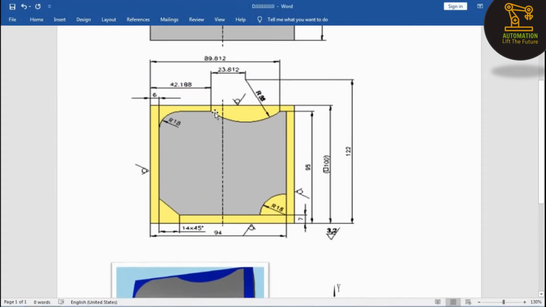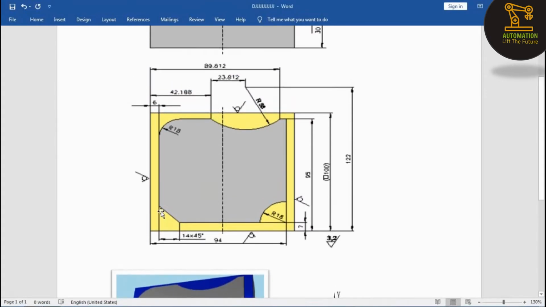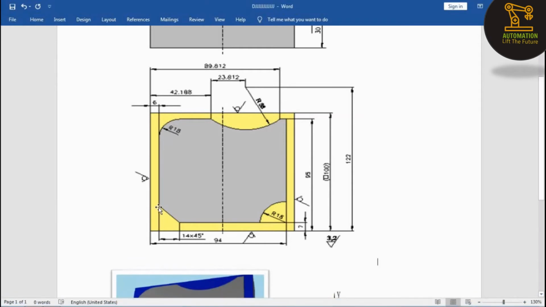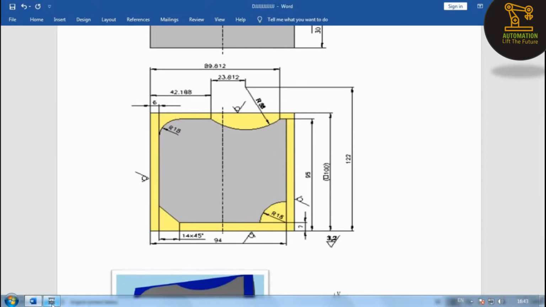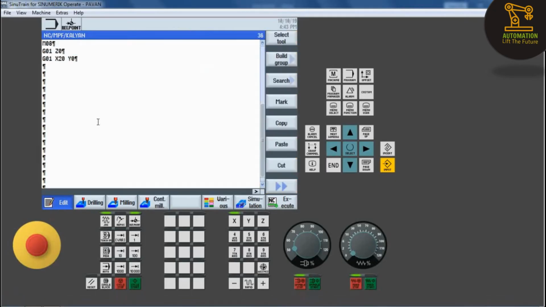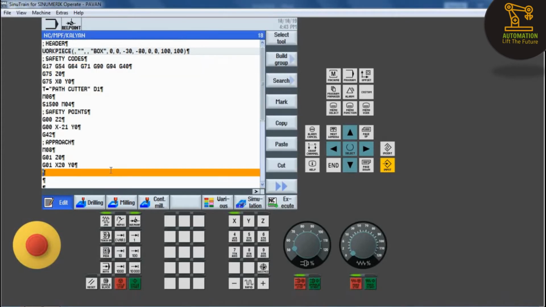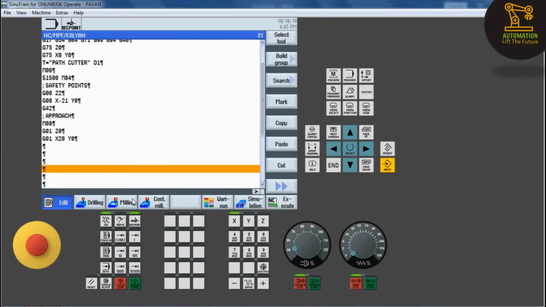This is the starting position. This is the chamfer linear motion. This is the starting point from the reference position. The dimension is 6 in the X direction. Here we have mentioned G90, so we write in absolute dimensioning.